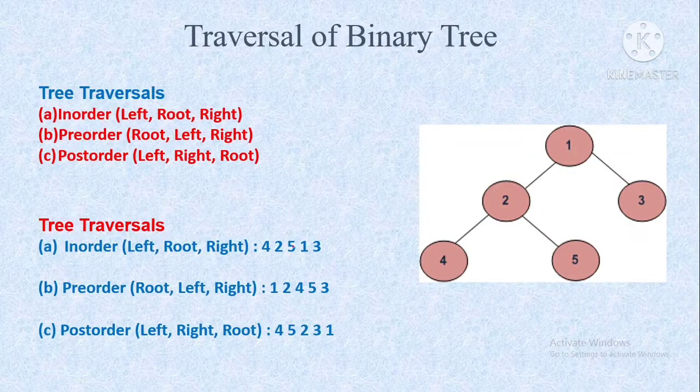Here we can see in-order traversal means the root comes in between, which divides your tree into 2 parts, left subtree and then right subtree. You can see 2, 4, 5 is present on the left-hand side of this root, and 3 is present on the right-hand side of this root node. So you can divide your tree into 2 parts, left subtree and right subtree. Always it comes in the middle.